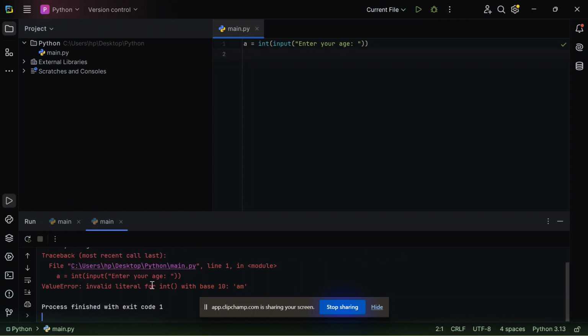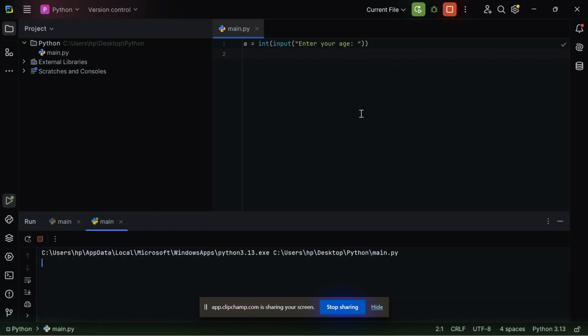If I put this, an error will occur. Let me show you again. I have defined that the value of a is an integer, and the user has to put an integer only for the question enter your age. If this is pretty complex to you, don't worry, we will talk about it in depth later on, in later videos when we learn conditional statements.